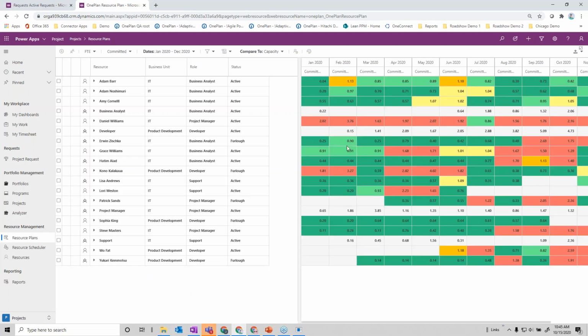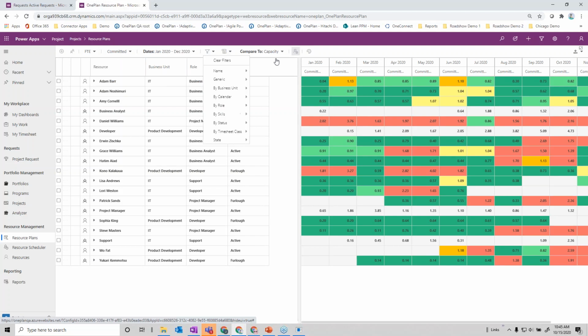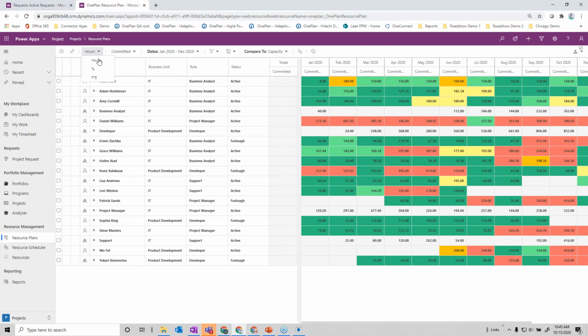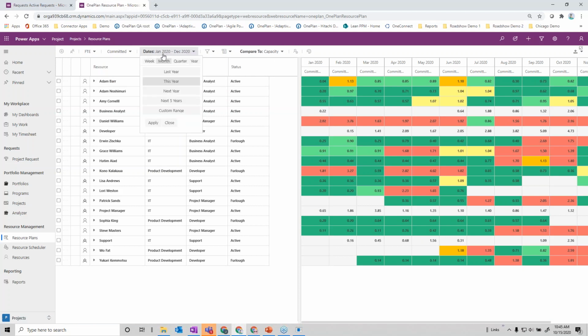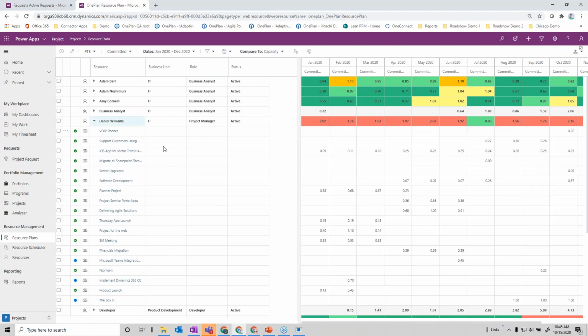So here, for example, I can see once again in either FTEs, hours or percentages, however I want to look at this. Right now I'm looking at it in FTEs, but you could toggle either way, depending on my preference. And once again, you can plan in weekly, monthly, quarterly or yearly increments, depending on how you plan. But the value here is I can look at, say, Daniel Williams,